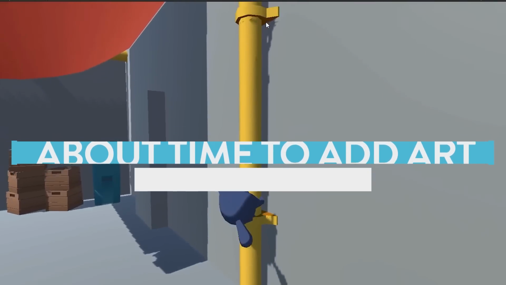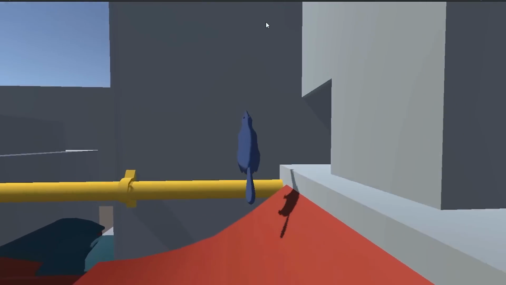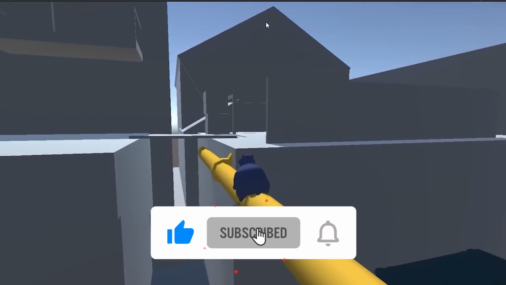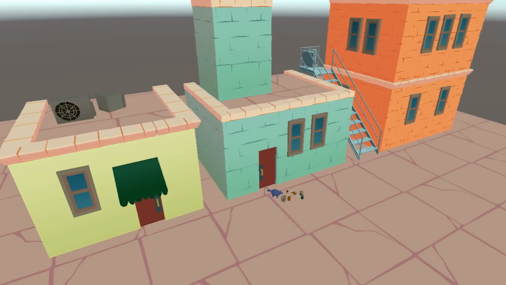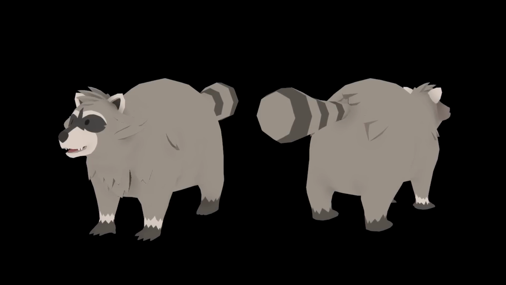Hello and welcome back. To get new folks up to speed, we're working on a prototype game of a mischievous dumpster diving raccoon. We've been working on this project for a few weeks and have made considerable progress towards building out an art kit that we can use to replace the gray box with in our prototype. We've also been able to begin modeling our raccoon friend